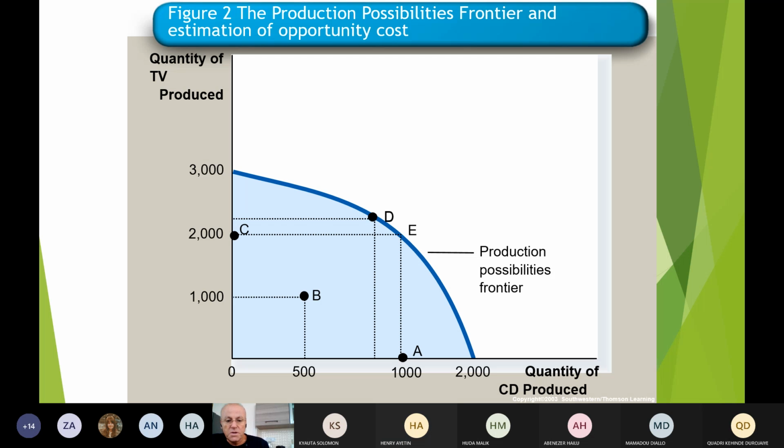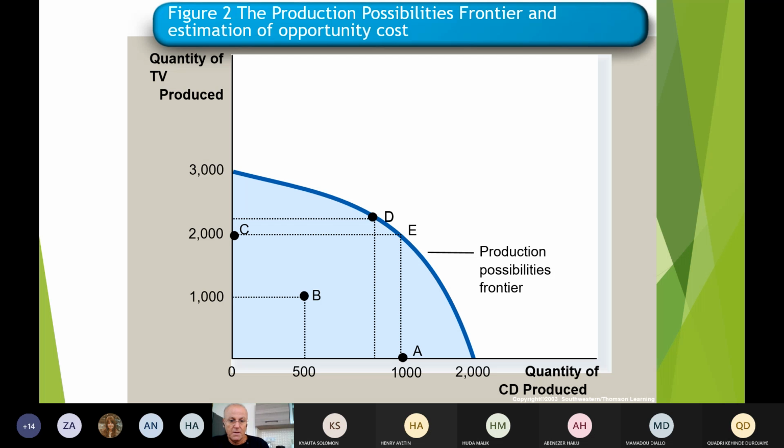The point E, which is illustrated here, is supposed to be the best possible for this company. Let's say this is a company, or it can be a country, but we say this is a company because we are in micro, as I said. And at point E, it is supposed there are 2,000 TV and 1,000 units of CD produced and distributed